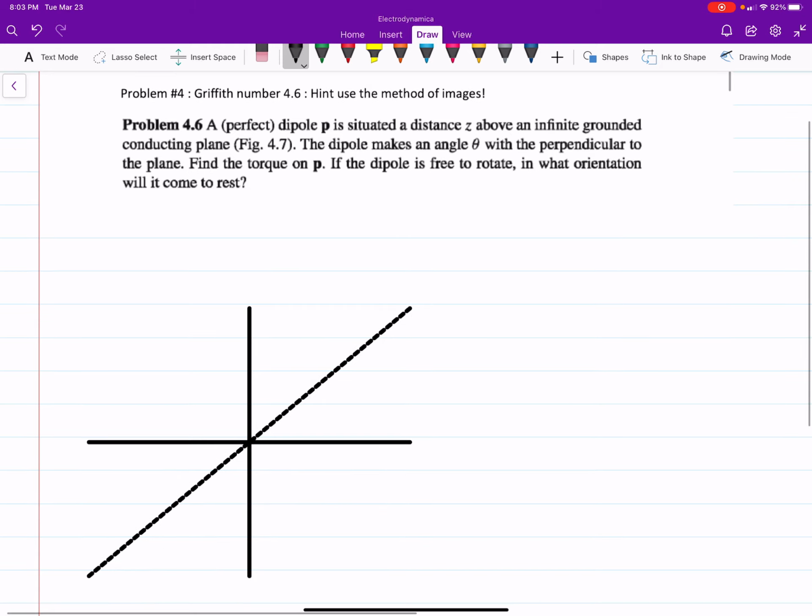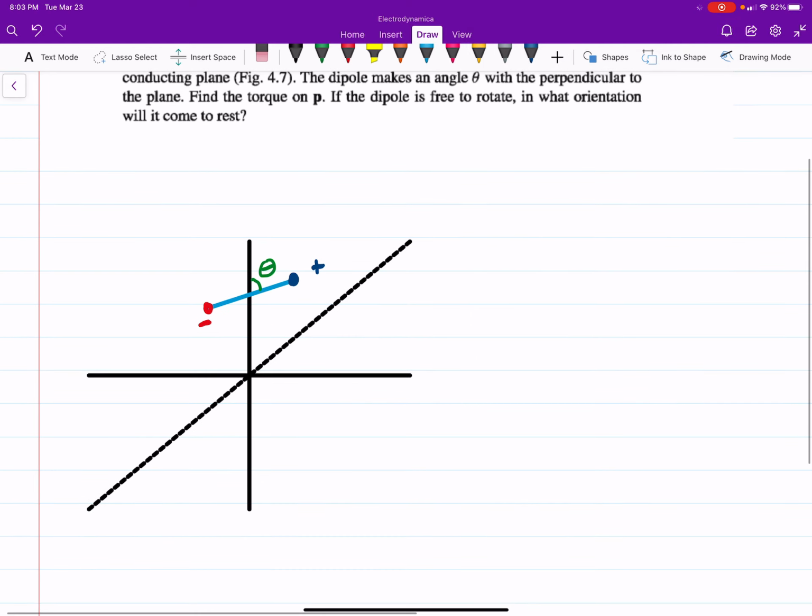Okay, so let's see. First thing I'm going to do is just draw a little dipole here. And let's say that this side is positive and this side is negative. And then this is the angle against the perpendicular, theta. Okay? So we have this conducting plane around the ground. And the hint is, it says use the method of images. So with this conducting plane, we're going to have, I guess you could say, an image dipole,